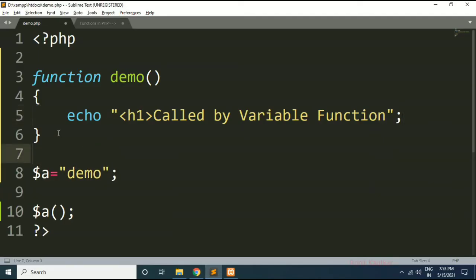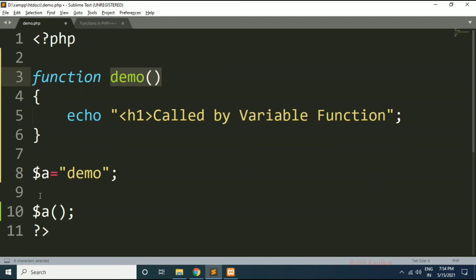This is called variable function, where we write parentheses in front of our variable name, and the PHP parser tries to find the function having a name equal to the variable value. Here the variable value is demo, so the PHP parser will find the demo function and execute it. This is called PHP variable function.